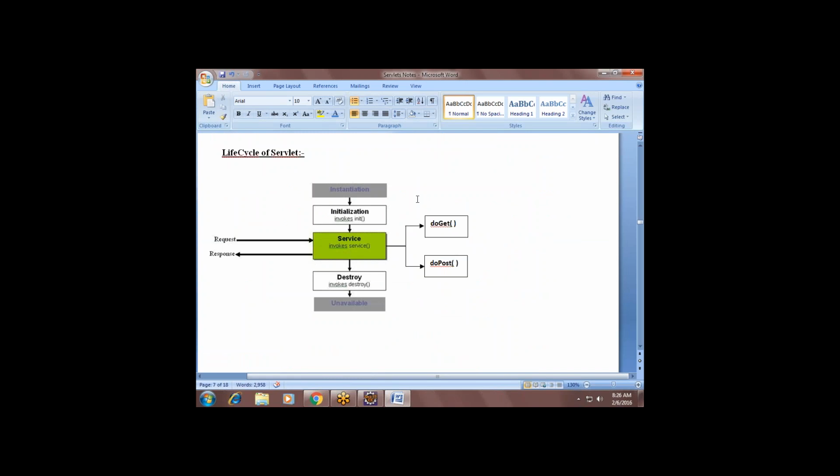You can see, as I told you, a servlet is not prepared by using a main method, guys. Any server side program does not contain a main method. It contains some lifecycle methods. Servlet contains lifecycle methods. What do you mean by lifecycle methods? Whenever a client makes a request, the container will execute a service method.